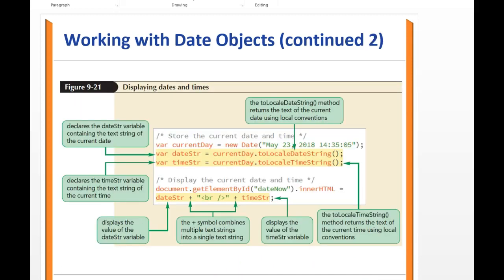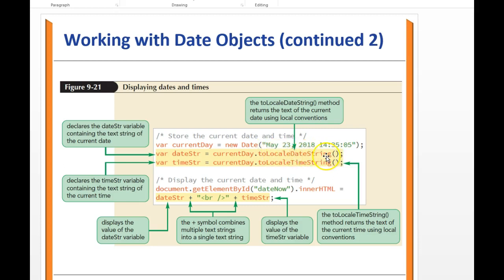So let's look at this screen for displaying date and times. In here, we are declaring the dateStr variable containing the text string of the current date, and we are actually declaring the timeStr containing the text string of the current time. This toLocaleDateString method, when we have these parentheses, means this is a method that returns the text of the current